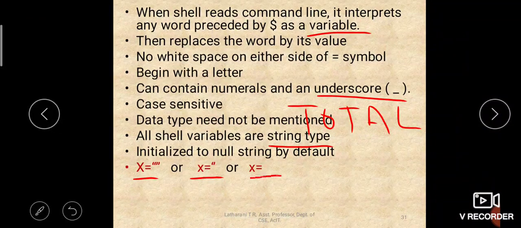Or simply you can say x= with nothing after it, that also means that x is assigned a null string. So you can assign the null string like this, but by default when you create a variable, it will be assigned a null string. Later on when you give values, it will act according to the values it holds.